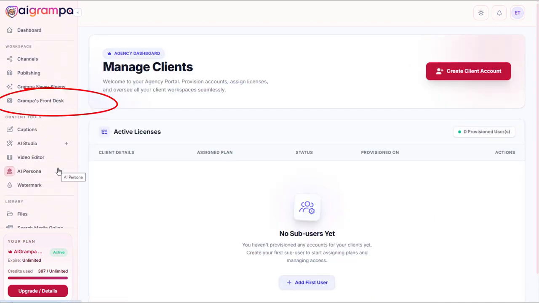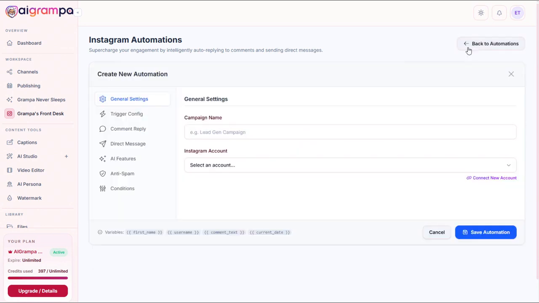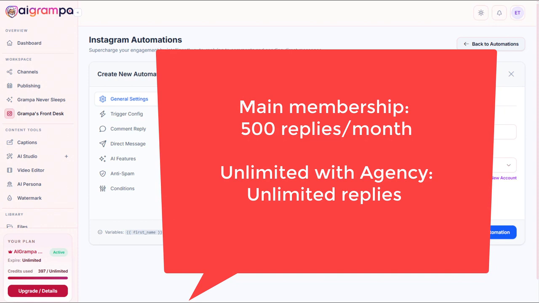One of the other tools that is getting upgraded to unlimited is Grandpa's Front Desk. So the comment and DM automations that you can create will now be unlimited as well. With the main membership, you can have up to 500 automated replies per month, whether it's comments, direct messages, whatever, up to 500 a month, which is great. But if you have clients or multiple accounts, that can fill up in a hurry. Here with unlimited, you can set up these automations and it'll run an unlimited amount of times, which is great